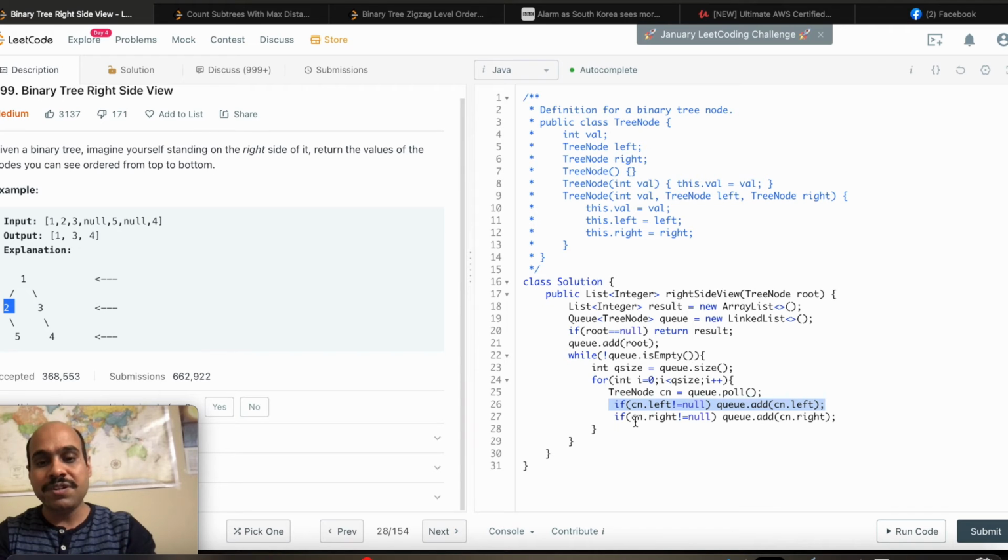Now we are checking if current node.right is not equal to null. So yes, current node.right is not null, so again we add this element into the queue: queue.add(cn.right). So now the queue will have 2 and 3, and the next time it runs, the queue size will be 2, and this for loop will run from i = 0, i less than 2, so 0 and 1, so it will run 2 times. So it will process both of the children, and for both of these children, these 2 checks will be done. When it is processing this child, it will check if cn.left is not equal to null.